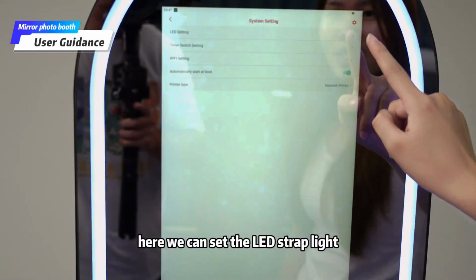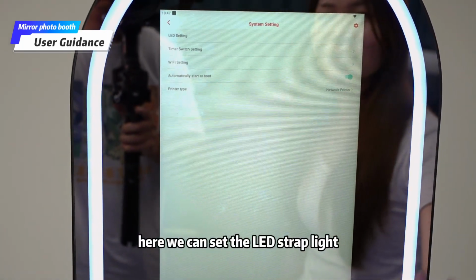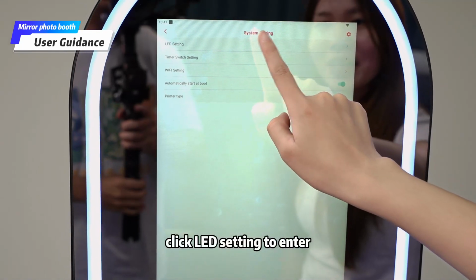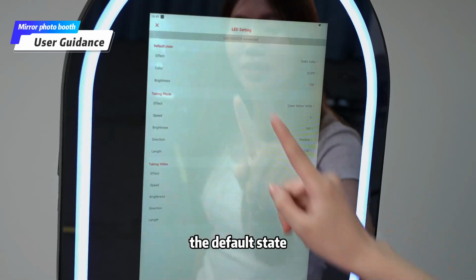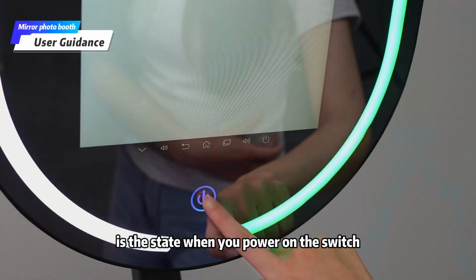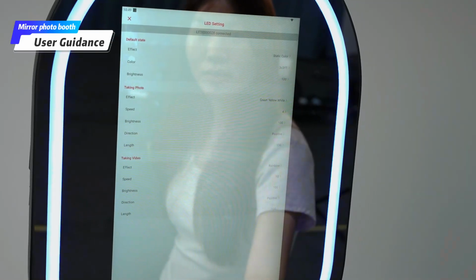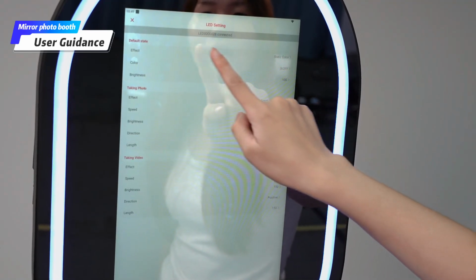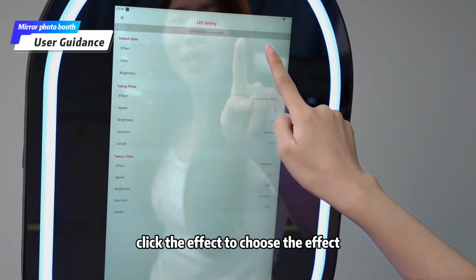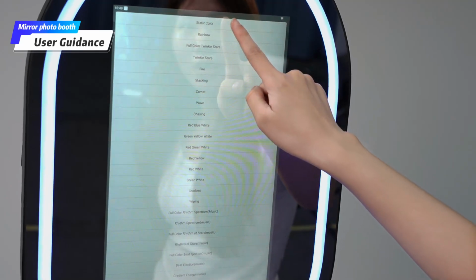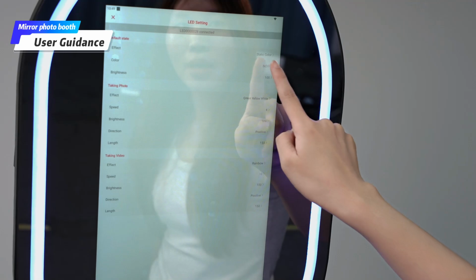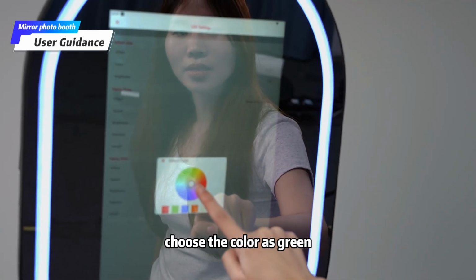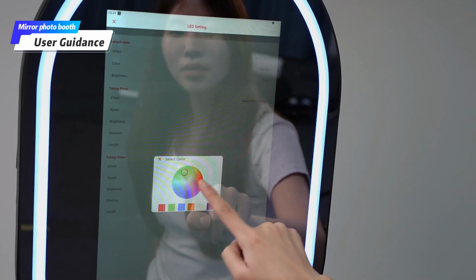Here we can set the LED strip light. Click LED setting to enter. The default state is the state when you power on the switch. Click the effect to choose the effect. You can choose the static color. Choose the color as green,